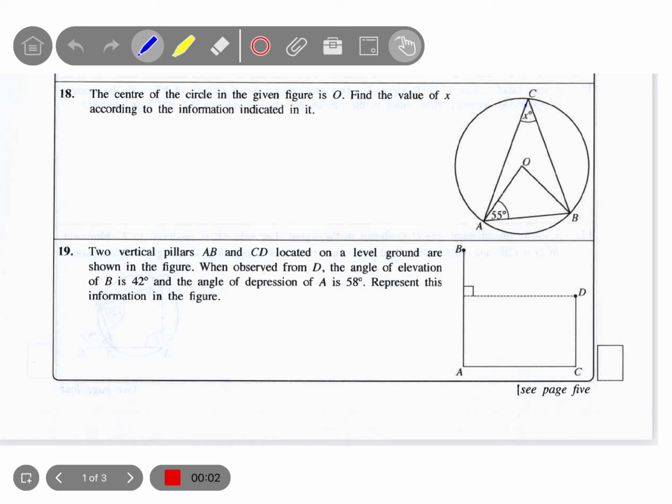Question number 18. The center of the circle in the given figure is O. Find the value of x according to the information indicated in it. So now we have a circle with center O, and there's one angle given as 55. So based on that we have to find the value x, which is this. So I stated one theorem based on